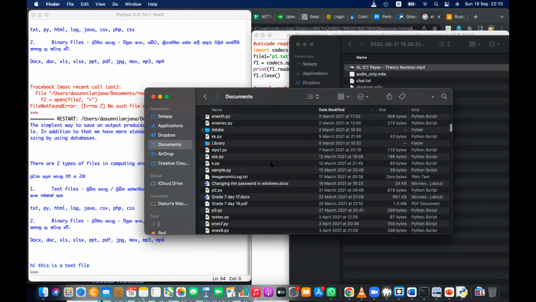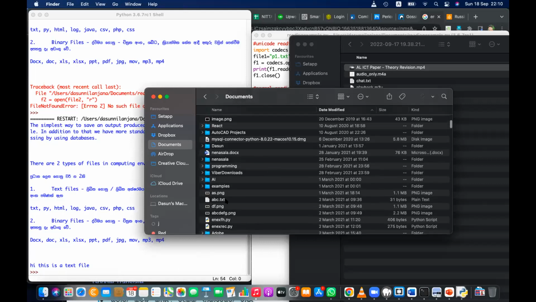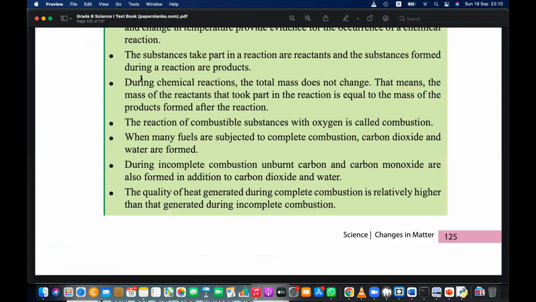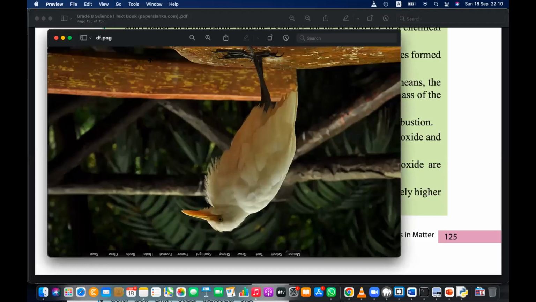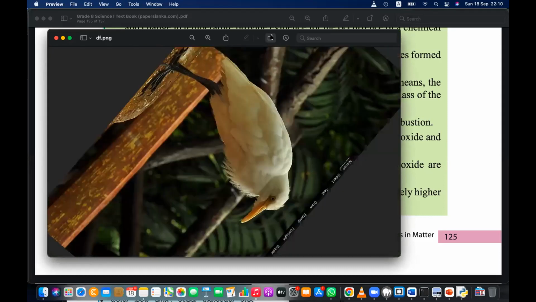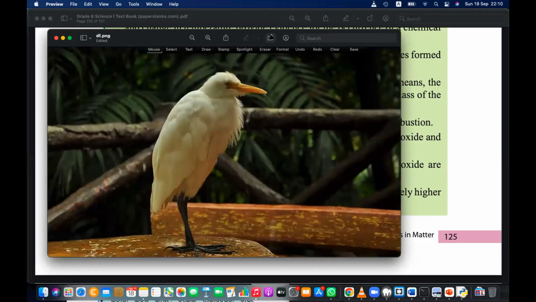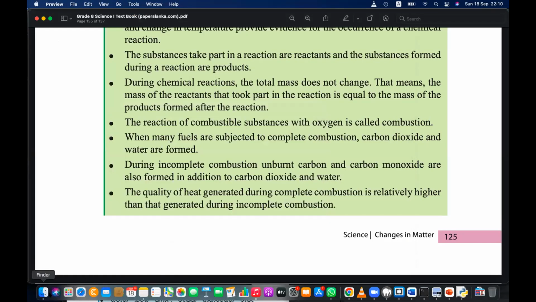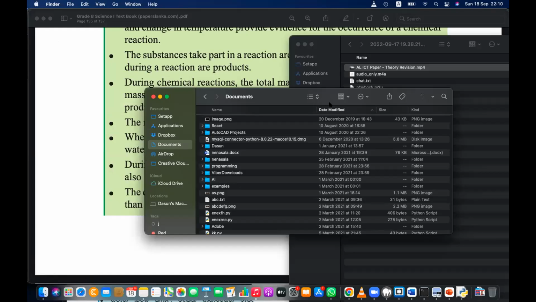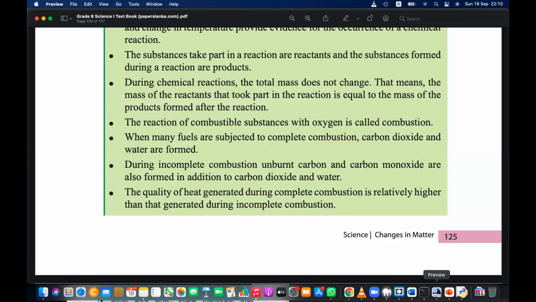Here you can see some pictures are there. Okay, it's a bird. Reverse side, so let me rotate. Okay. I'll use that PNG. I'm going to read that one, the PNG. And